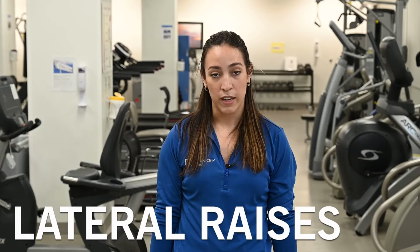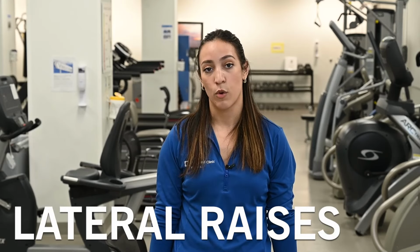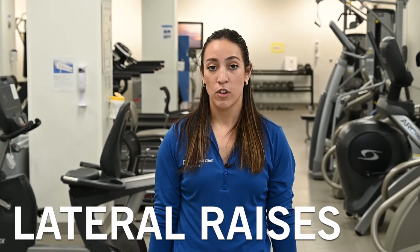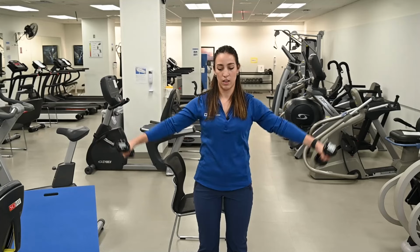So the next exercise that we're going to do is a dumbbell lateral raise. Again, if dumbbells are too much, you can just use your arms or any other equipment that you have at home. To do a dumbbell lateral raise, we're going to put our hands and arms in front of us, and then we're going to raise them laterally to the side in line with our shoulders and back down. And 1,